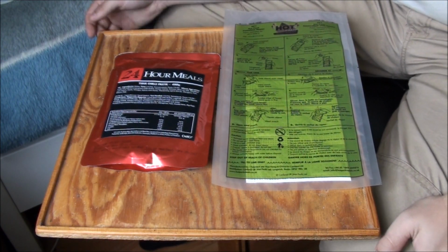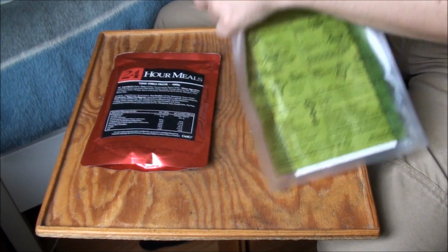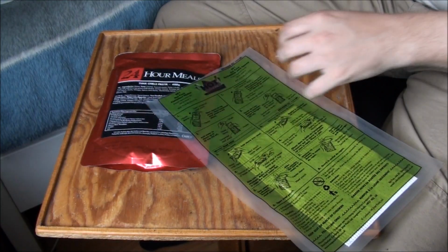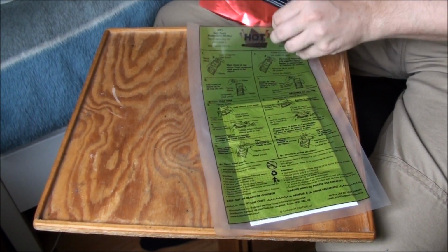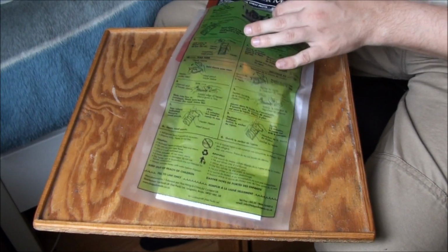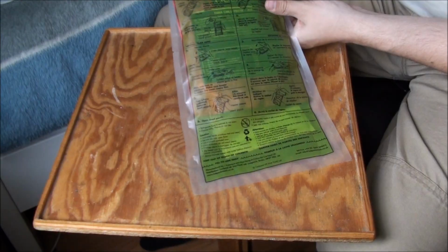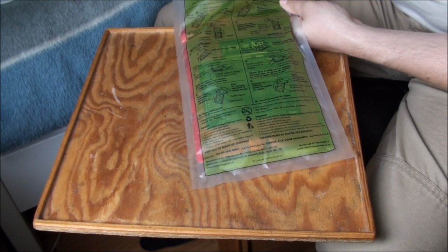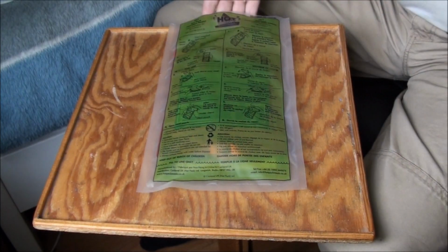So, let's start here, as always. To begin to heat our entree, tear open the FRH. Get the food in there. Put it up a bit so you can see the fill line and fill it up with the right amount